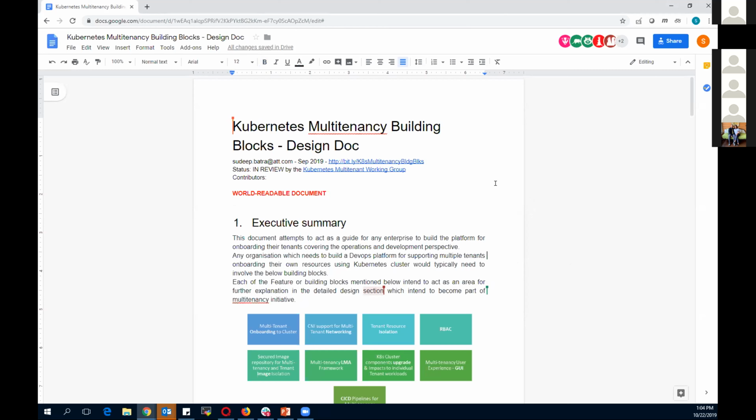Okay. So basically there was a discussion I initiated with Tasha, trying to understand if we have an end-to-end view for this multi-tenancy and if we can put the building blocks around it. So Tasha suggested that I can start that. Since in AT&T we are also looking at the instantiation of our tenants, we wanted to use that knowledge to add here.